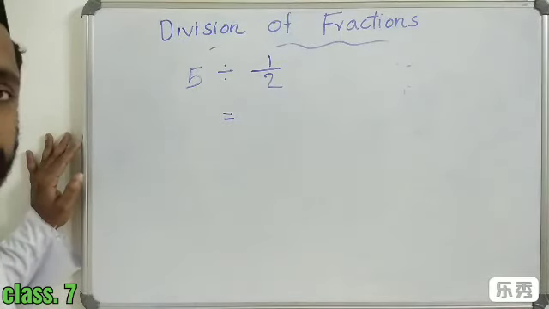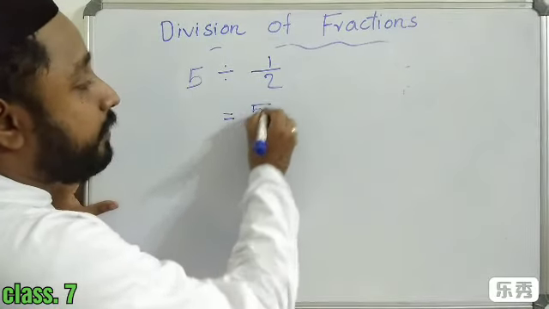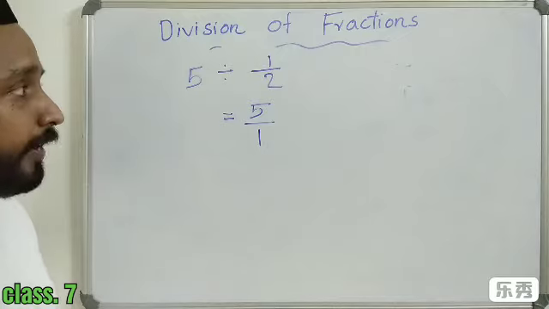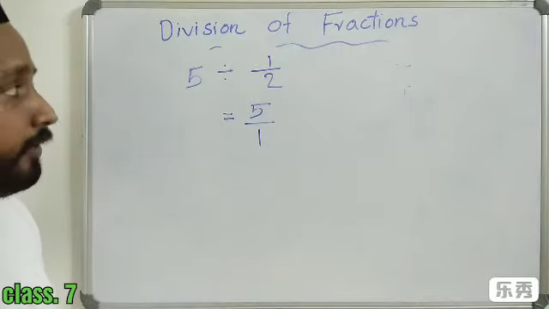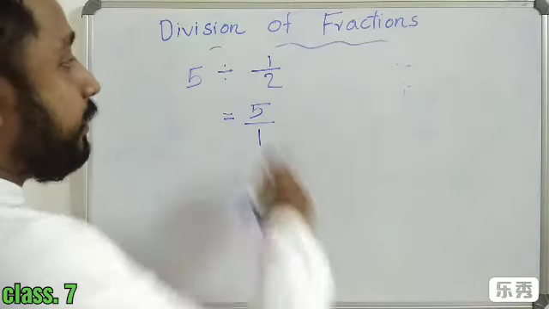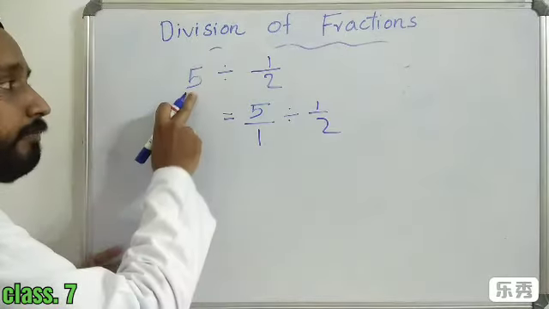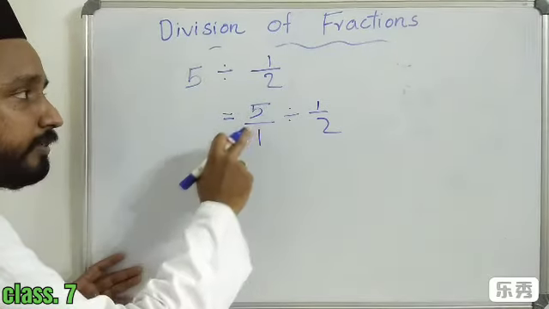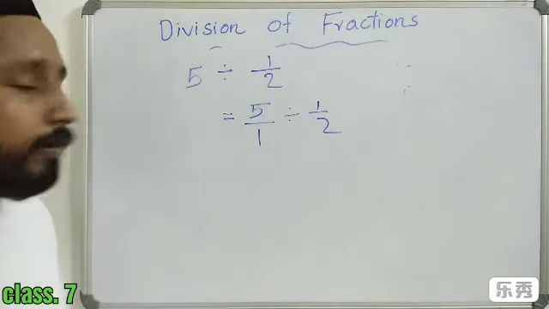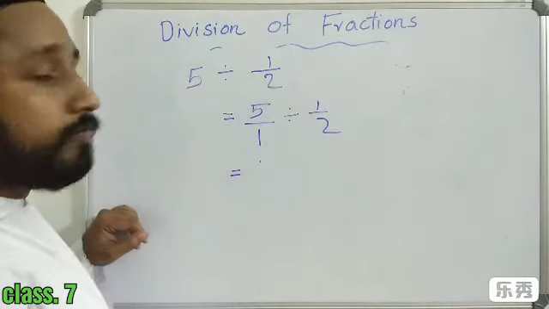First, instead of 5, we write 5 by 1. This is the first step. Instead of this 5, we write 5 by 1. Then division, 1 by 2. So the first step is we change 5 equal to 5 by 1. So 5 by 1 divided by 1 by 2 is equal to, now we have division of two fractions,